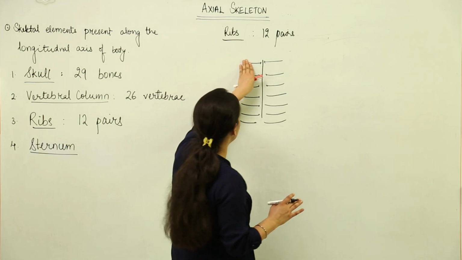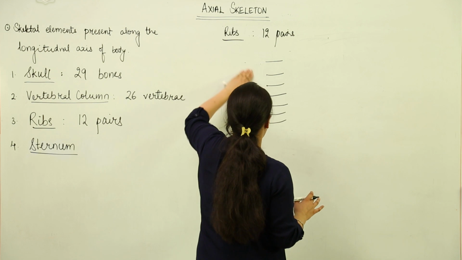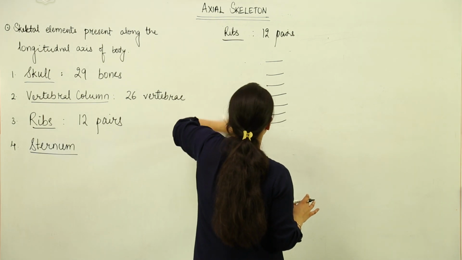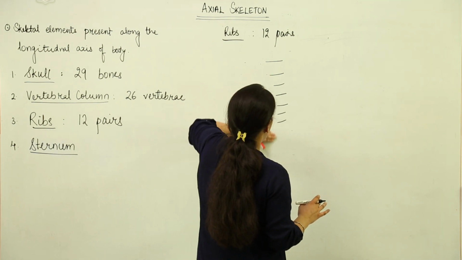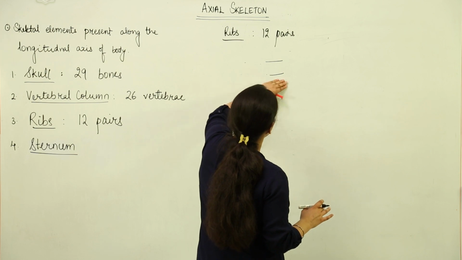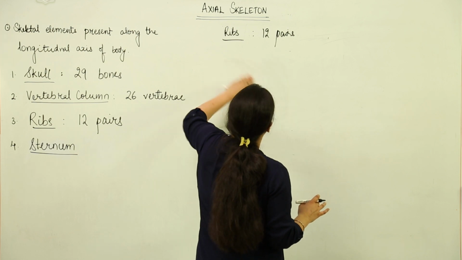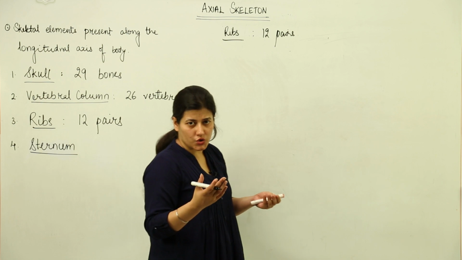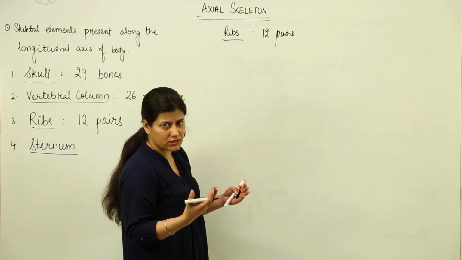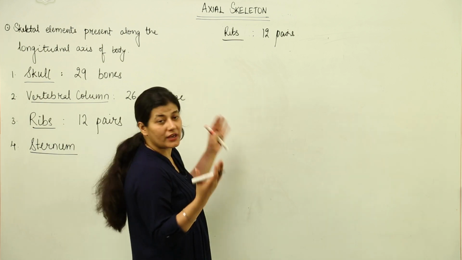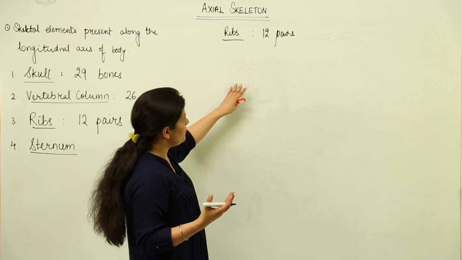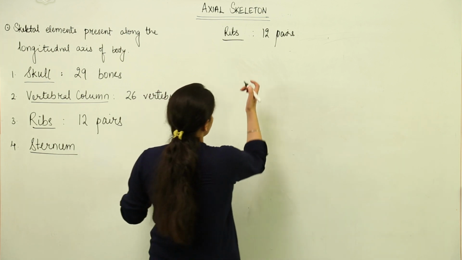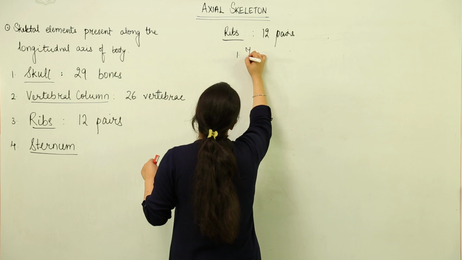Now the ribs have been classified. Also you got aware of what the sternum is. The sternum is a flat bone where the ribs come and join, and it lies towards the ventral side of the body, and the rib cage is formed. Now of the 12 pairs, there are first pairs that are true ribs,